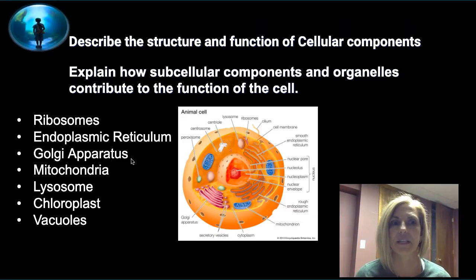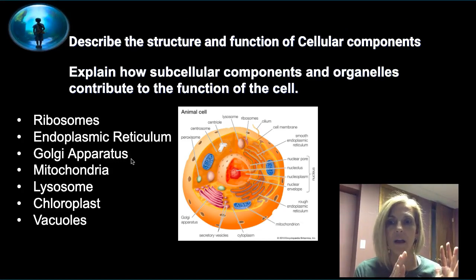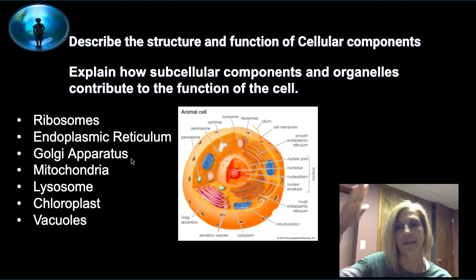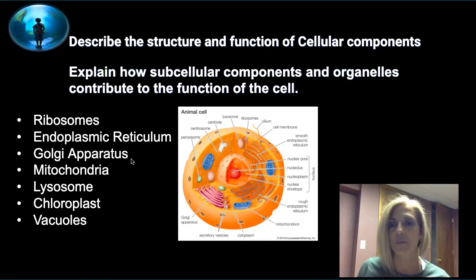Okay, so when looking at the cell structures, we can limit our list to these right here, right? So ribosomes, which we know make proteins, endoplasmic reticulum, which we know compartmentalizes the cell as well as transports those proteins, the Golgi apparatus, which packages and manipulates the protein, so maybe it adds a carbohydrate to it to make it a glycoprotein. Mitochondria, which we know make energy, lysosomes, which have digestive enzymes, and so they break down molecules,